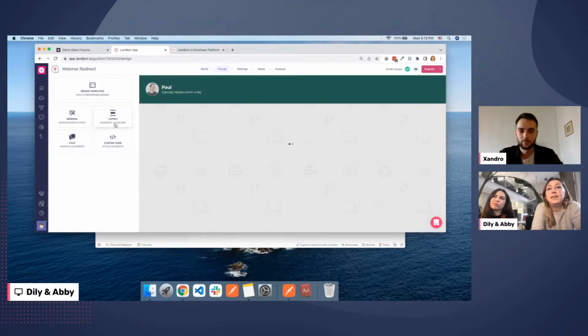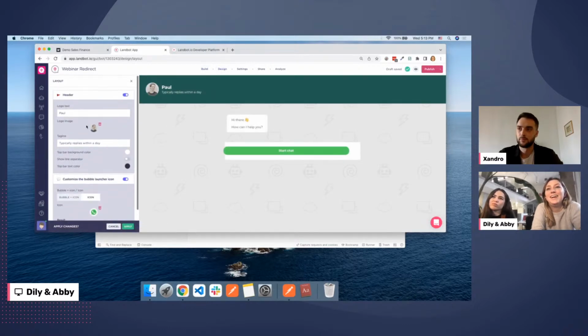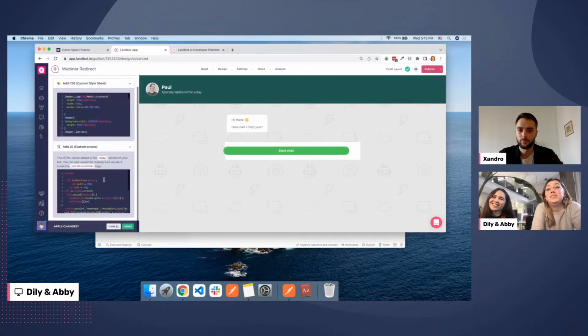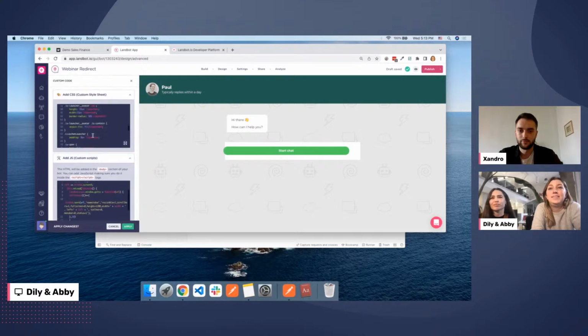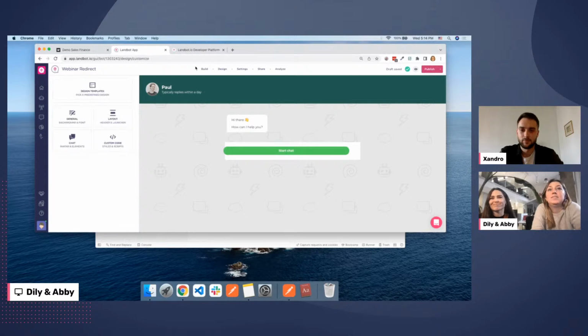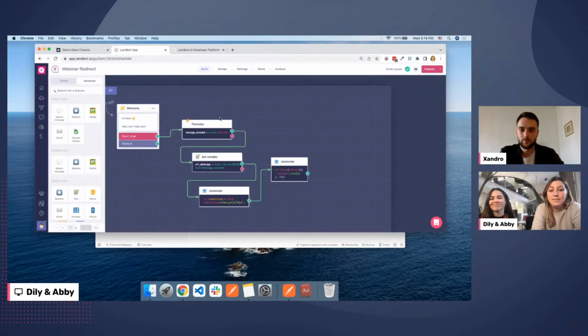And then in the design section, you can see we've added a face and a tagline. And then we've got the JavaScript code to redirect the window, and then all of the CSS. And again, you just have to copy and paste this from the article. It's already there. And that's it. There you have it. Okay, so Sandro, back to you.